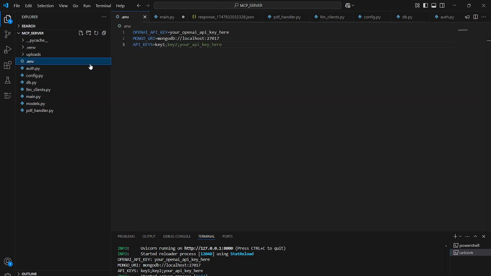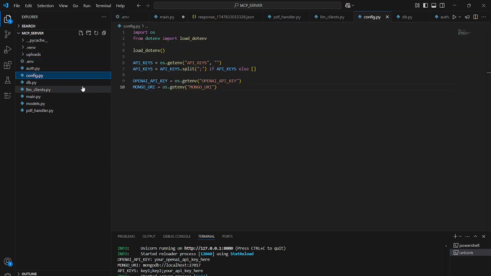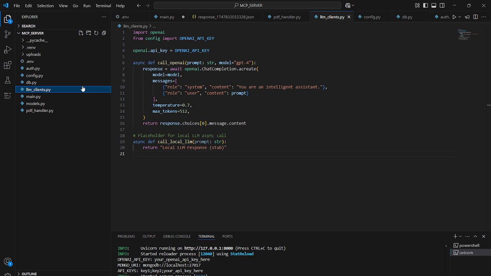.env, config.py, and llm_clients.py, where we need to import the OpenAI package, which provides access to OpenAI models via Python. And from config we import the OpenAI API key, which gets the API key from your custom config.py file, and this OpenAI